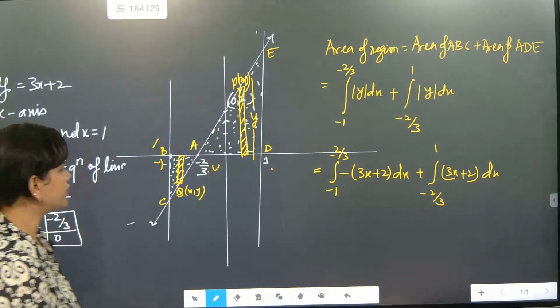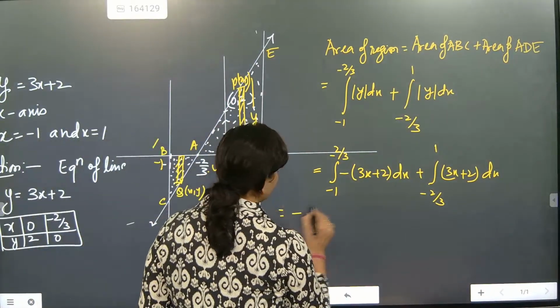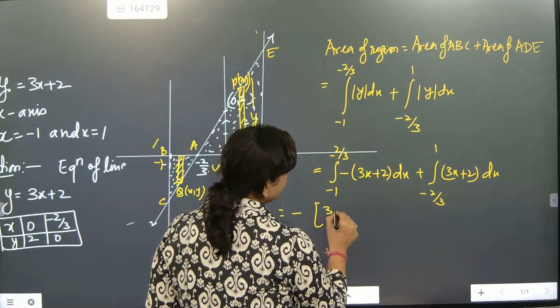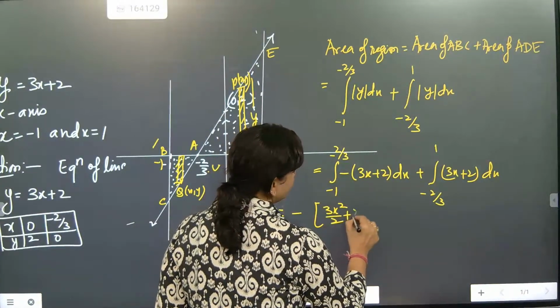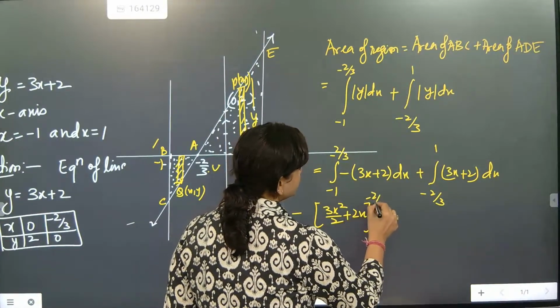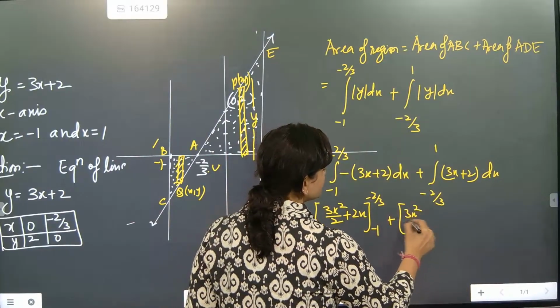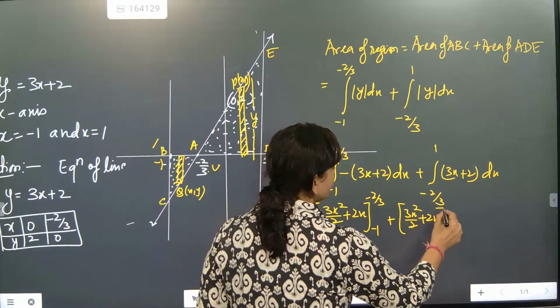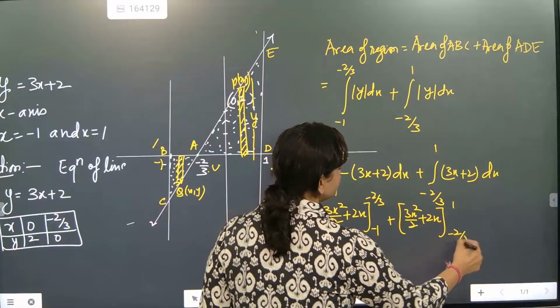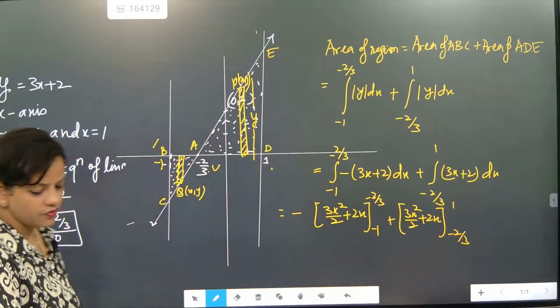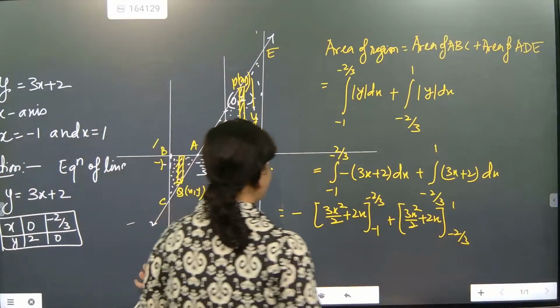Come on, go for it. So the minus section will come out. This part will become 3x²/2 + 2x − 2/3 to −1 plus 3x²/2 + 2x, 1 to −2/3. This is exactly the work we have to do. Once we have written till here,